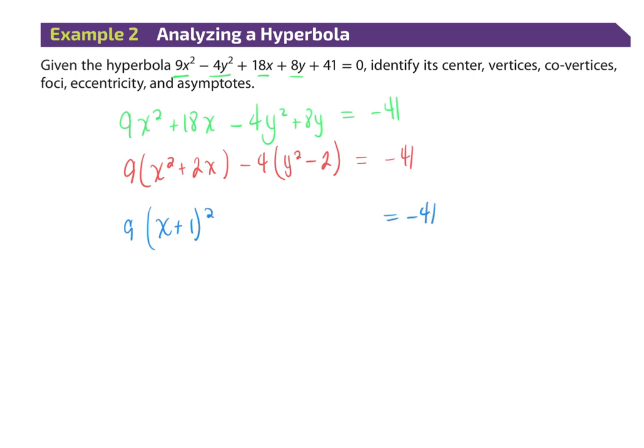Because I added a 1 here, right, x plus 1, x plus 2, x plus 1 is basically what I did. To pull that out, I multiply by the 9 and add a 9 over here, all right? For my y, I'm going to do the same thing, y minus 1, quantity squared. In this process, I did add a 1 as well, right? So it's y squared minus 2y